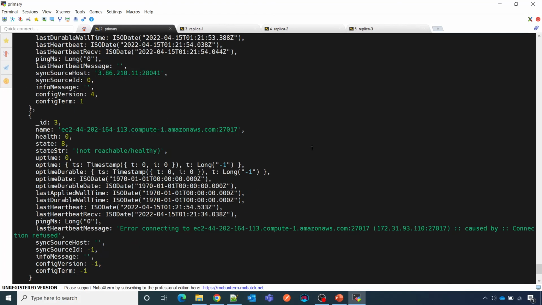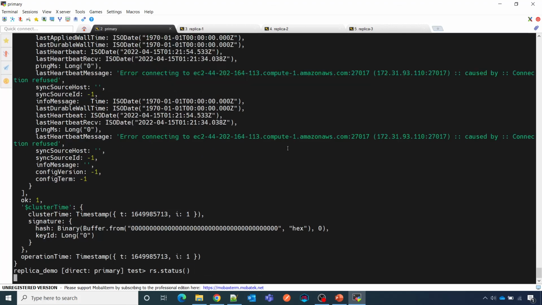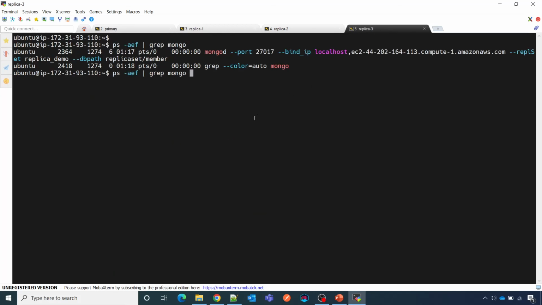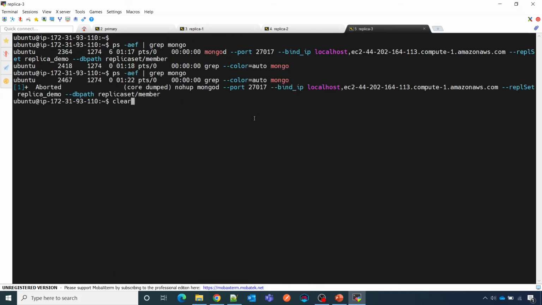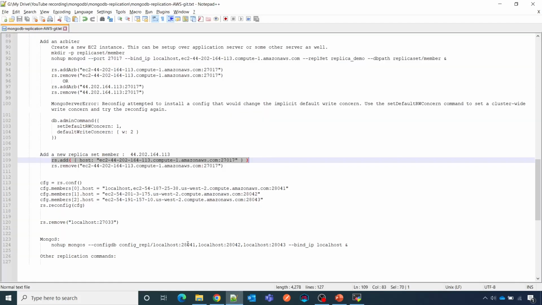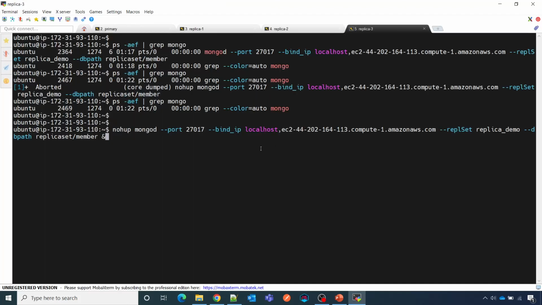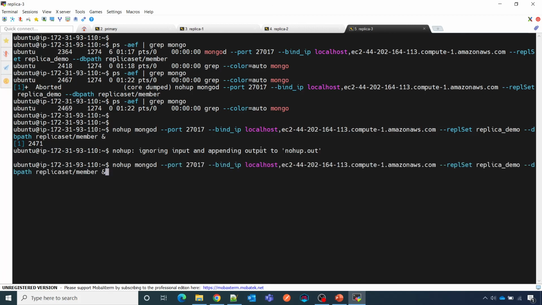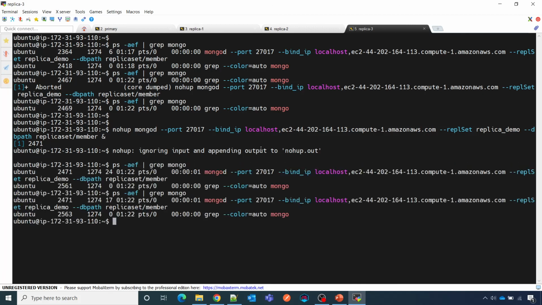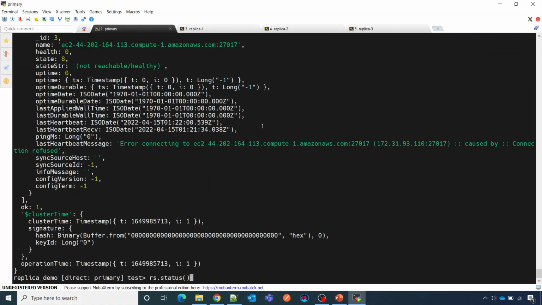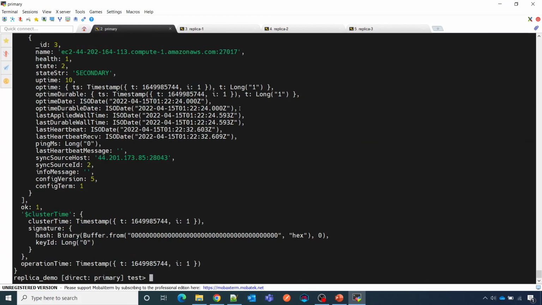So you can see that it says not reachable. There might be some issue. Let me just check. Mongo is not running on this node. Let us run Mongo on this node, then we should be able to do that as well. Maybe Mongo has been stopped here. Okay, now let me just try to do that, and you can see that total,